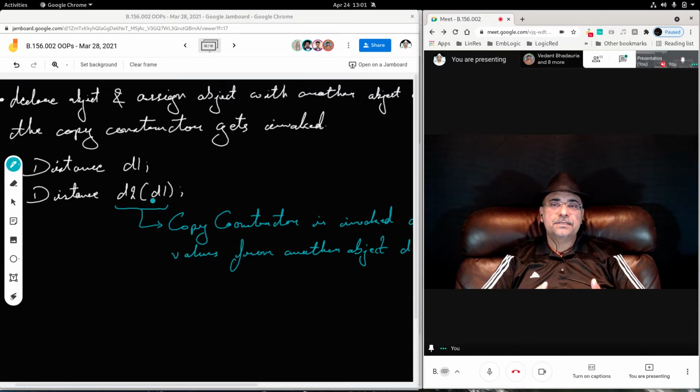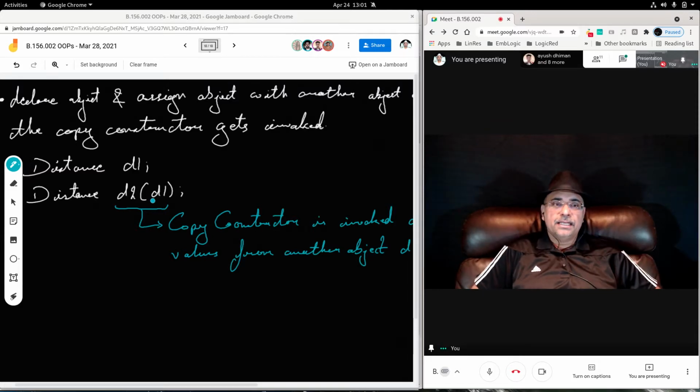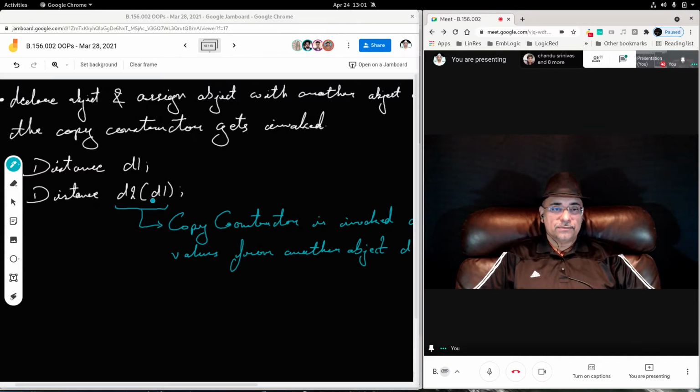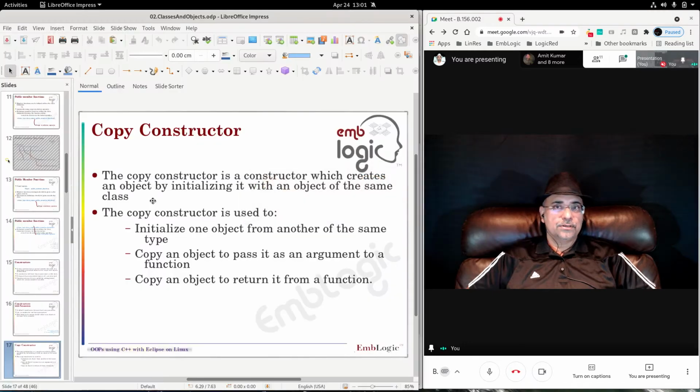Then C++ internally has its own copy constructor that executes and does the needful assignment from d1 to d2, from the previous object to the new object. But if you have declared your copy constructor, then your copy constructor will run. If you have not, then the default copy constructor provided by C++ comes into play and runs.